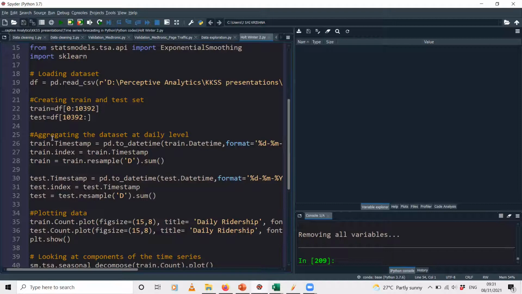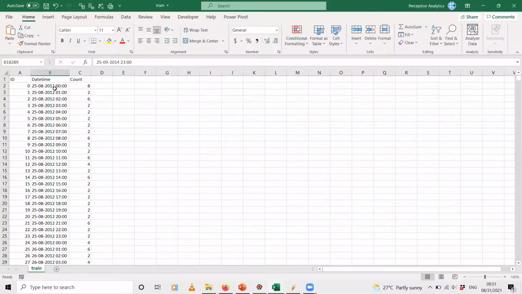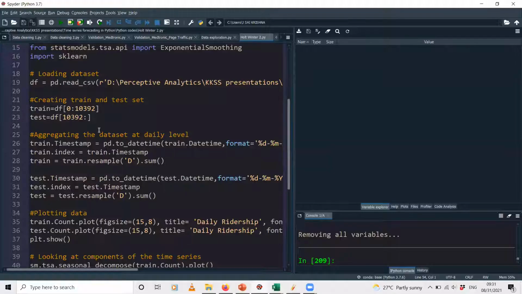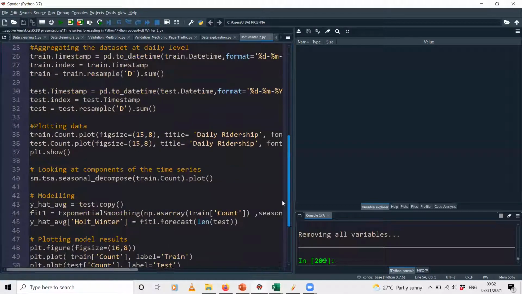And then the way we saw the data here, it is at an hourly level, right? 1 a.m., 2 a.m., 3 a.m., and so on. Now, this is a very granular level of the data. And let's say it is not necessary for us to forecast the metro ridership at an hourly level. Let's say I just need to plan my capacities, and it is sufficient if I make my forecast at a daily level. So for that purpose, we aggregate the hourly data, or roll up the hourly data, into daily data. Okay, and then some basic descriptives.